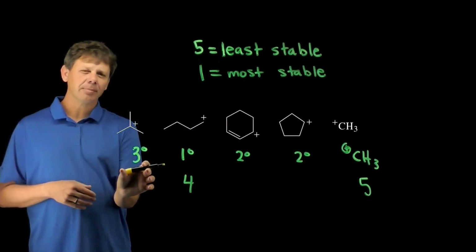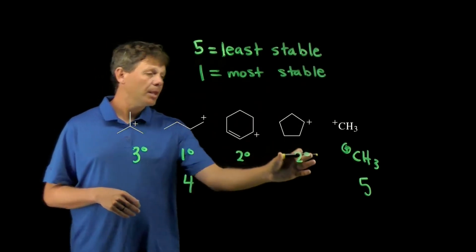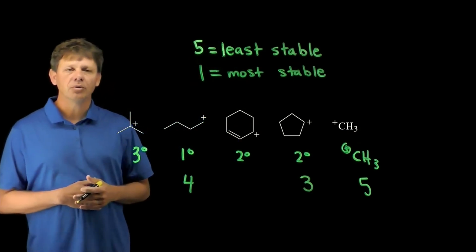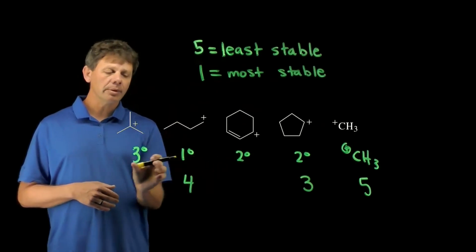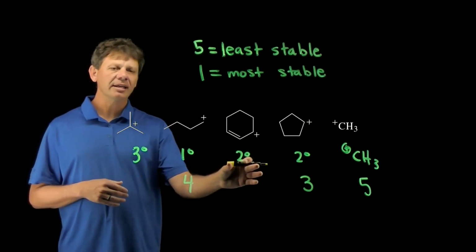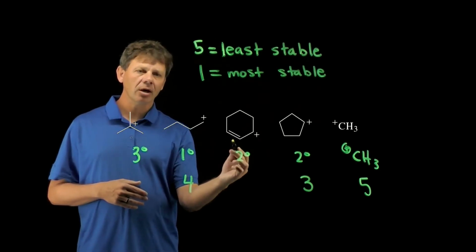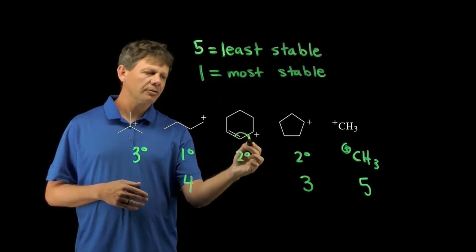The tertiary has hyperconjugation 3 times. We'll still come back to this secondary in just a second, but this is going to put this one as the third most stable. Now, how about these two? Normally, we would look at tertiary and say that tertiary has more hyperconjugation than secondary, but there's another thing that's possible here. Because this is an allylic carbocation, we can actually draw a resonance structure that moves these electrons over